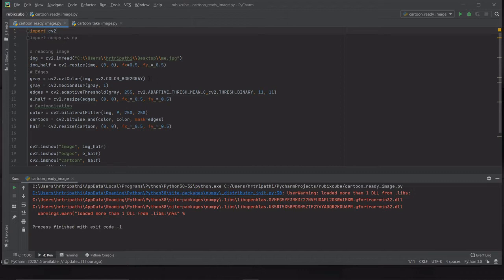It takes a pre-existing image from your device and uses that to create filters like pencil sketch and cartoon. As a user functionality, I've also created another script called cartoon take image. It will take a live snapshot from your webcam and use that as an input.